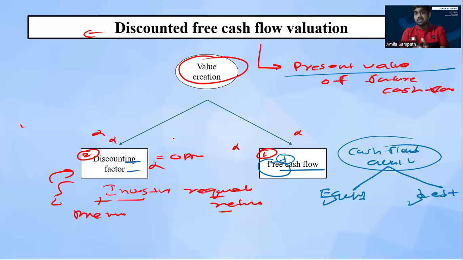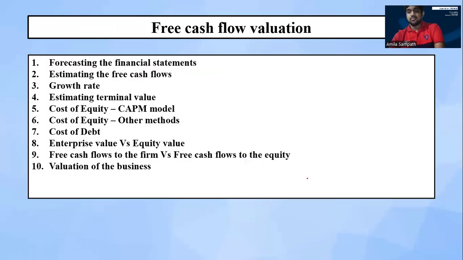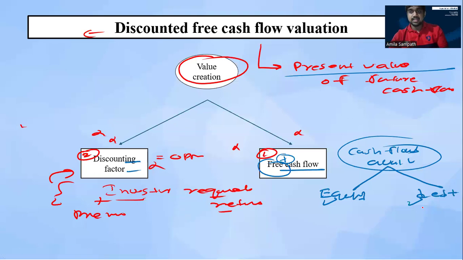Then what does free cash flow mean? Free cash flow means cash flows available to distribute to both equity and the debt holders. Then to get the present value of these free cash flows, we need to use the discounting factor. Simply, we can say the discounting factor is our investor required return, or the opportunity cost of their investment. But